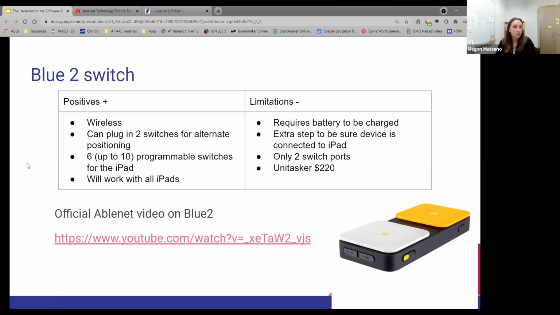Okay, the other switch I wanted to talk about was the Bluetooth switch. One of the positives is that this is wireless. So you don't have any students getting caught in the wires, which can be nice. You can also plug in 2 switches. There are 2 ports here. If you need head switches or something else, you can plug in a switch and then reposition the switch if